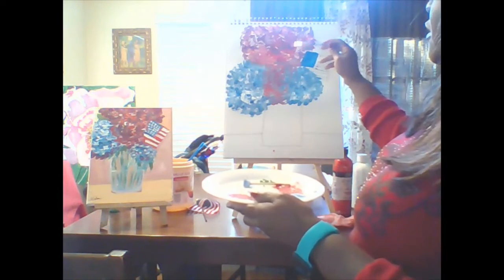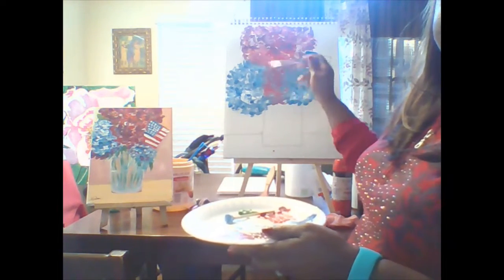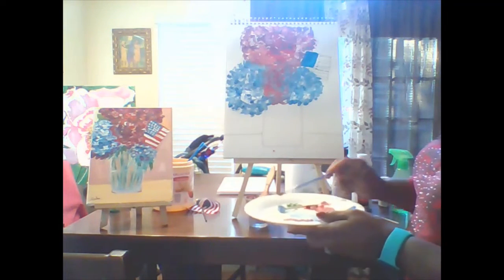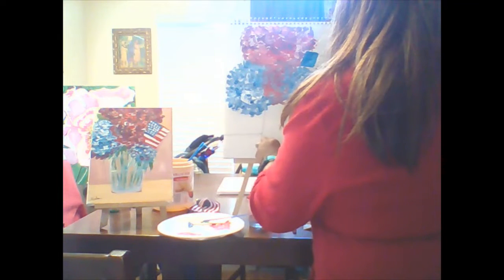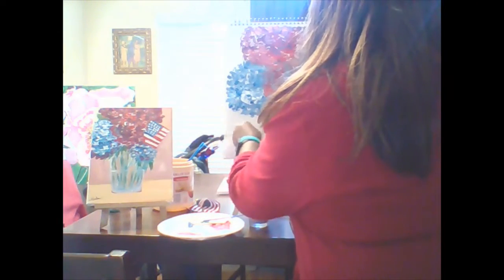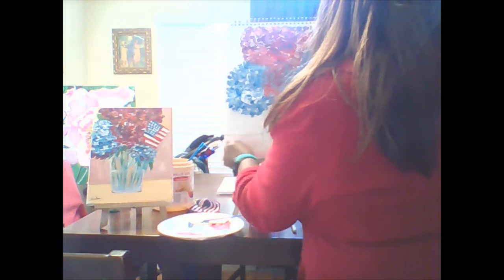So we're almost done with this here. So yours should look something similar to mine. I accidentally dropped some red here. That's okay. I'm just going to get a paper towel and wipe that off. And it might become part of the shadow actually, since I made that mistake. See how easy it is to get some color on here? Your table could be red or whatever. This was an accident, because I accidentally dropped that